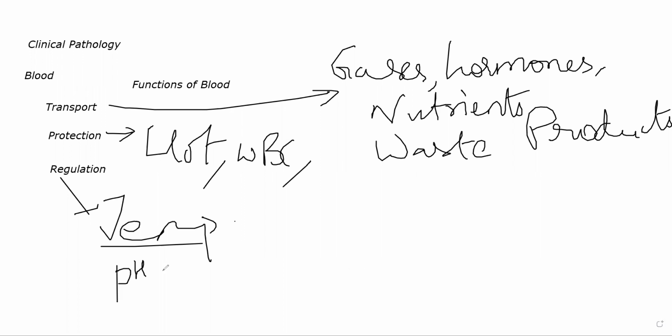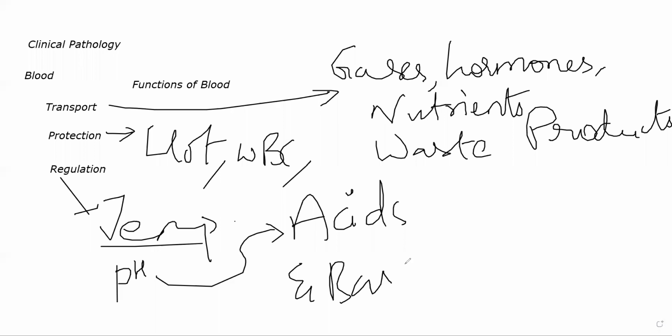Okay, they're called acids and bases. There are acids and bases present in your blood, right? Your blood is essentially regulating its levels of acids and bases in order to maintain a certain pH. That pH is maintained in order to regulate all the protein functions present inside your blood. Proteins and cells in your blood have to be maintained at a certain pH for them to work optimally. If the pH balance goes up or down, there is a problem.